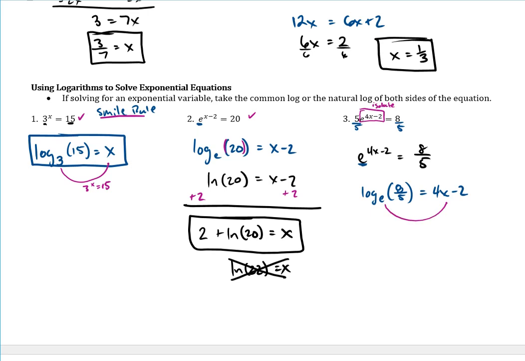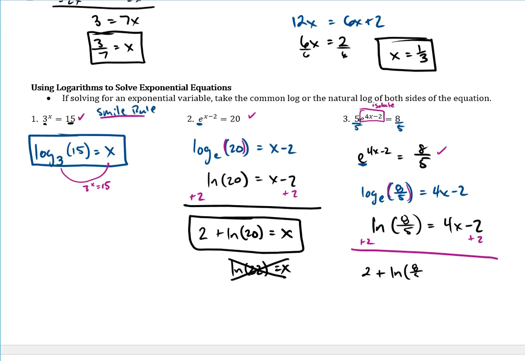And again, very quickly in the purple, e to the 4x minus 2 equals this leftover 8/5. Good. But I'm thinking more that's a visual thing, and I'm just erasing it to keep my flow going for the problem. All right, and kind of like the last one, it's a special log, so let's change it to ln. And then I want x by itself eventually, so I'm going to do what I did on the last one. Let's add that 2 over. Now this log and this 2 don't get along, so just leave them separate. So 2 plus ln of 8/5